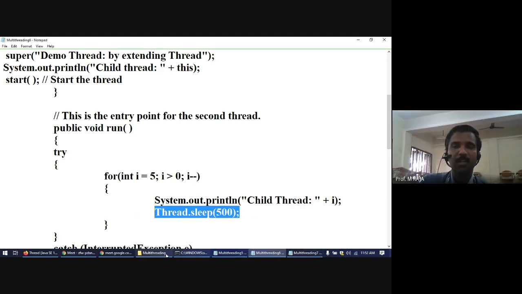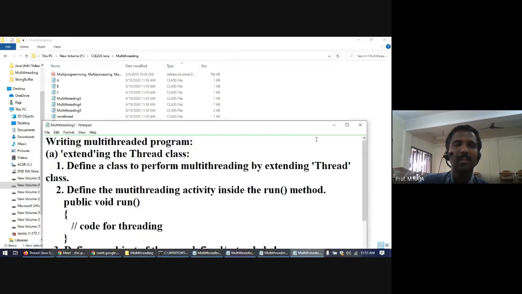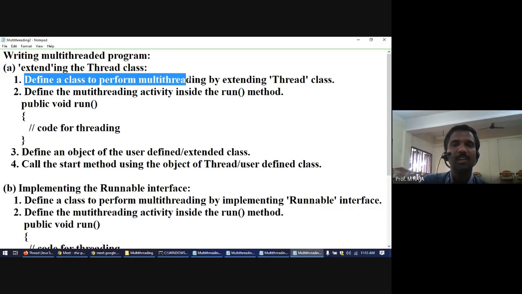So far we have seen how to define the multi-threaded code by extending the Thread class. So let us recall again. First, you need to define the user-defined class to perform a multi-threading activity that should be extended from the Thread class. Second, the multi-threaded activity is defined inside the run method. Now what is actually run? Void run. Void run is the actual method of